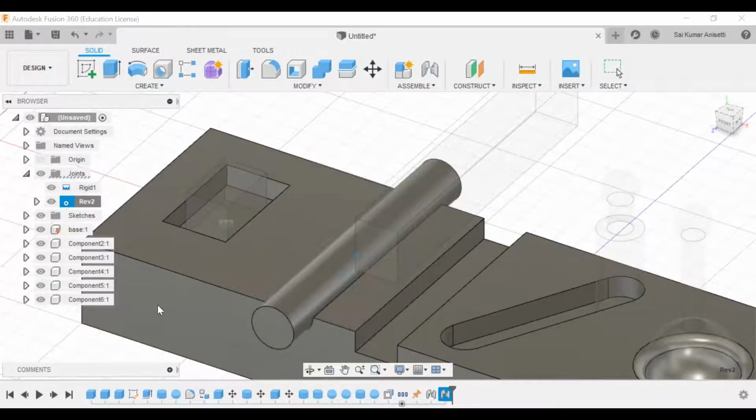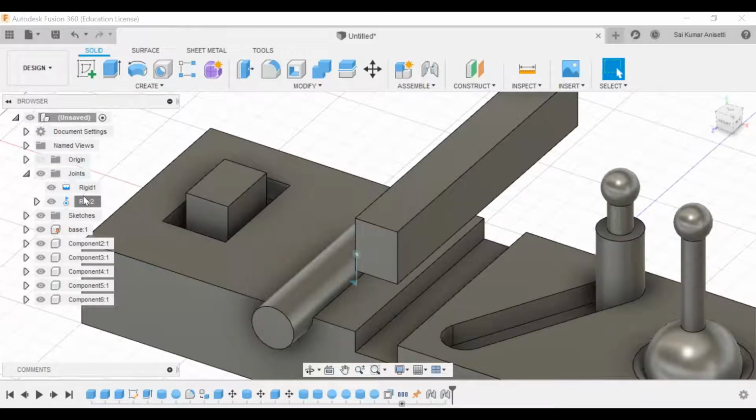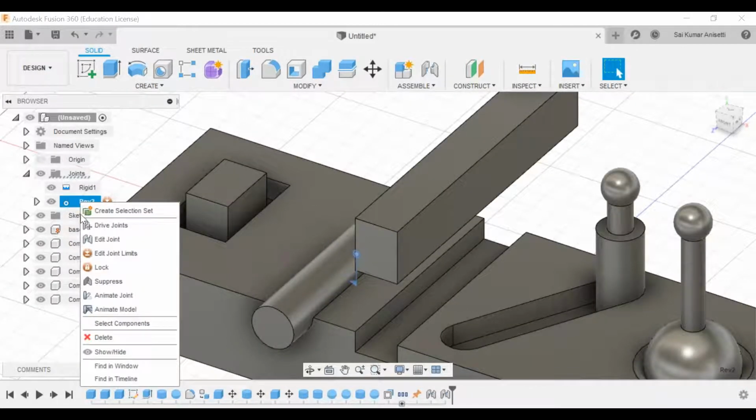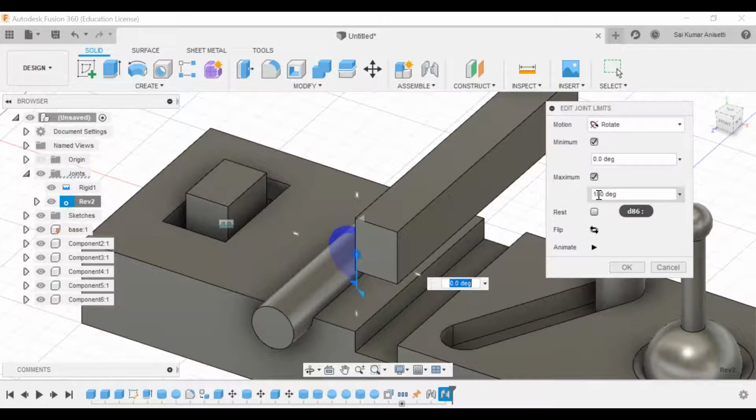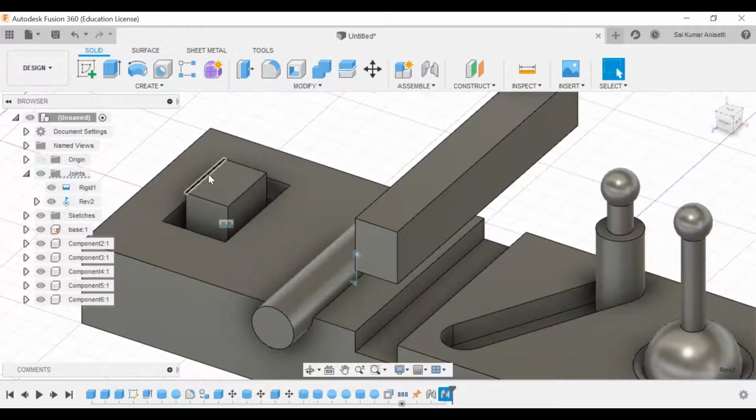If you directly right click and animate joint, it will directly animate your particular joint. You can change your colors and visualize it. For the time being, I'm just skipping everything. You can do color change and everything, add some slots, and animate your joints. If you want to change any limits, go to limit and you can animate. If you want to flip it, flip those directions. If you want to reset, it will go to 0.